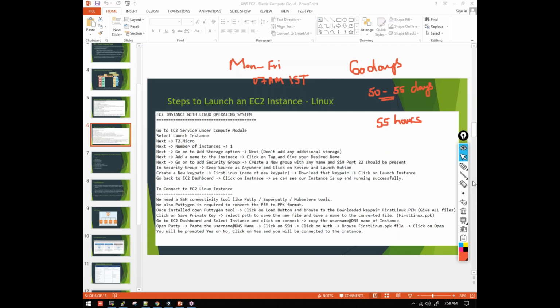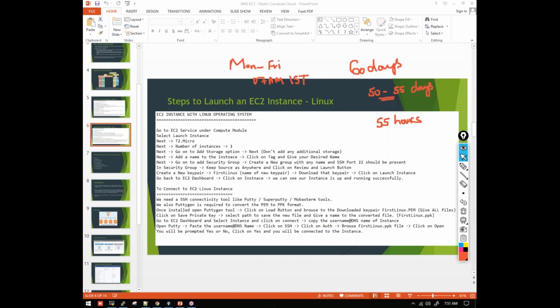Once the Google Drive is set up, the entire material, first the video material, which means the session which you have watched, will be recorded and uploaded, so that if you have missed that class, later on you can connect to that Google Drive and watch that video whenever you want. The second material is the documents which you are seeing on my screen.